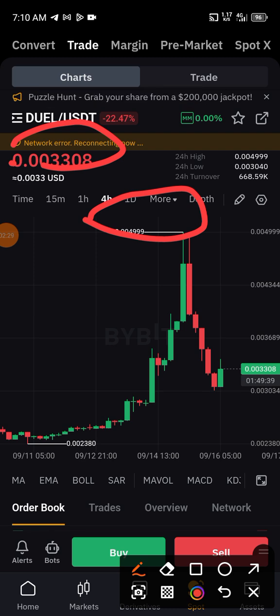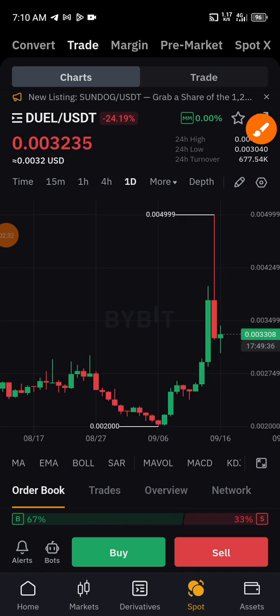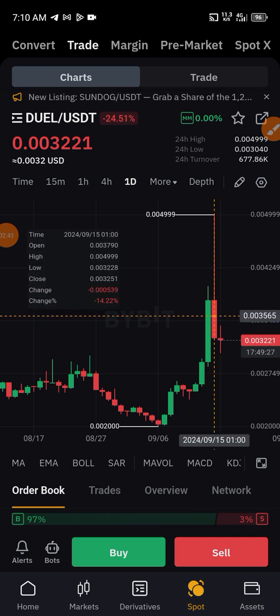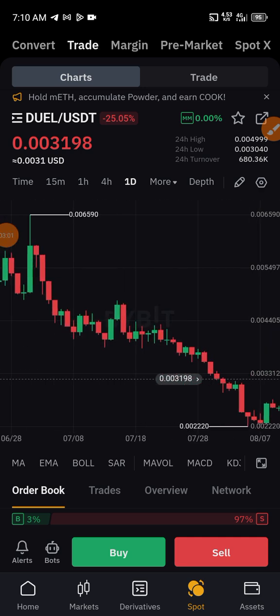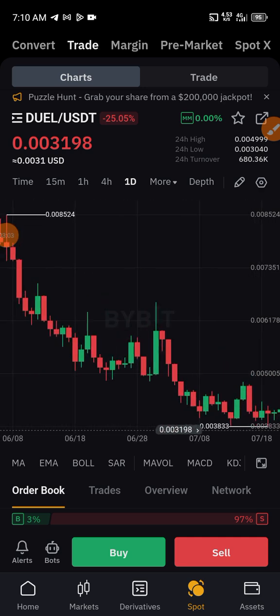So let's go back to the one day view to see how it has been doing. Let me check when this was. Wow, this was already on the 14th. Its one day movement has been doing very great. It dropped actually from all these